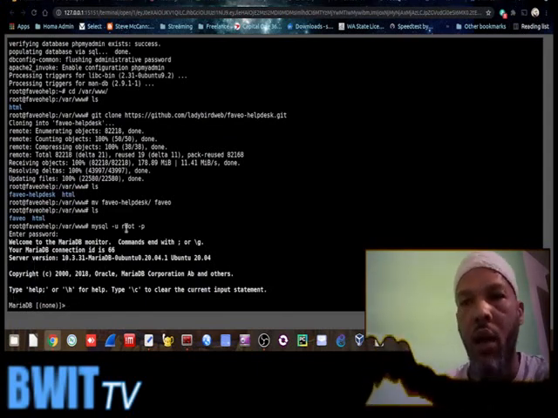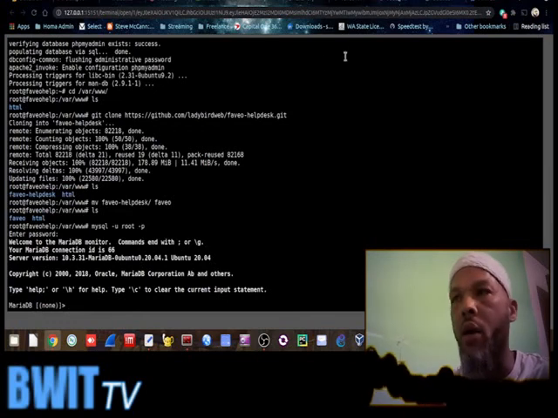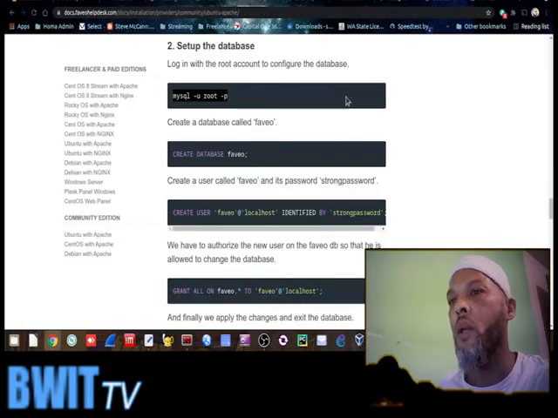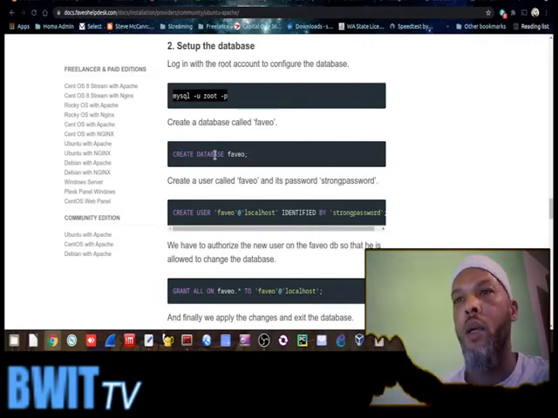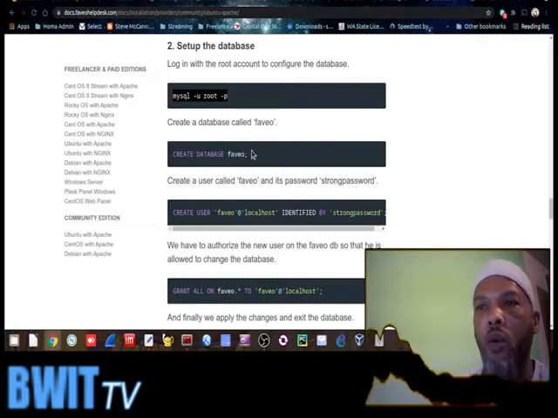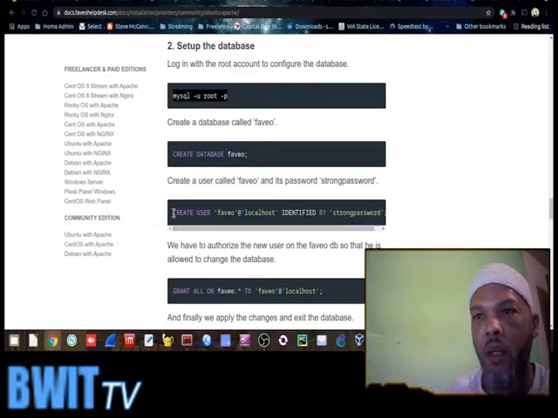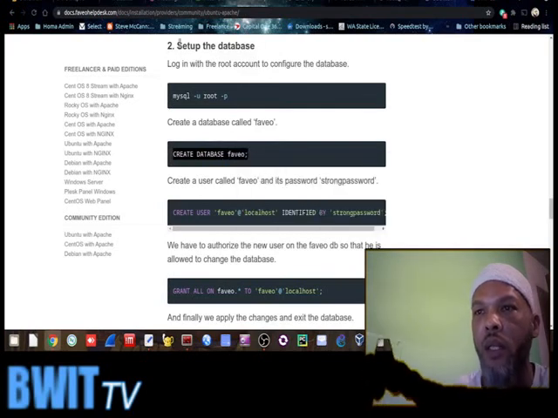We're actually inside our database, MariaDB. So the first thing in here says create the Faveo database. We're going to step through each one of these,